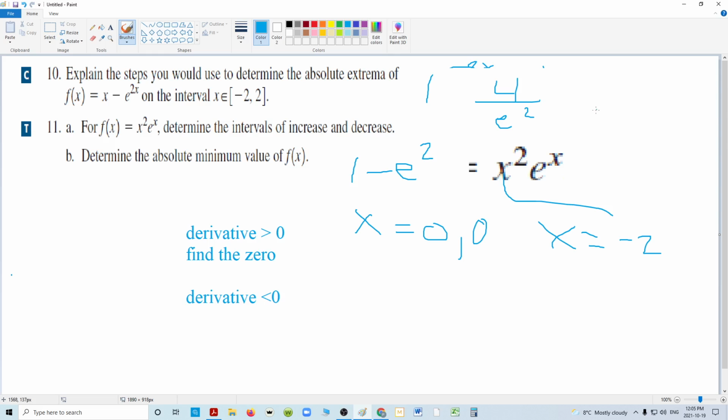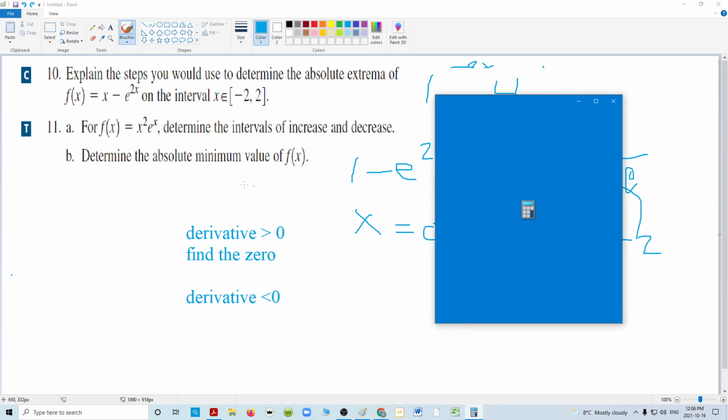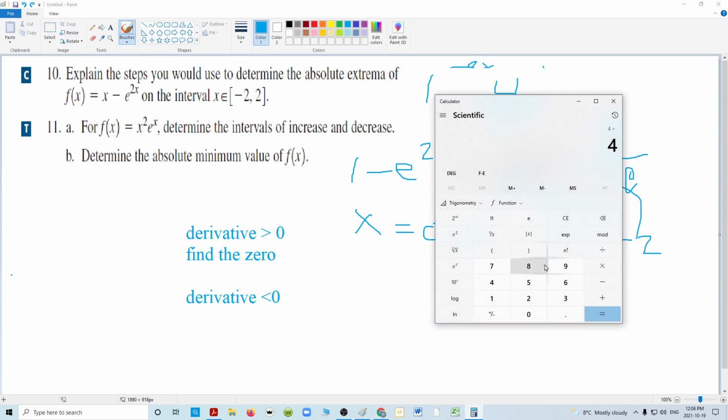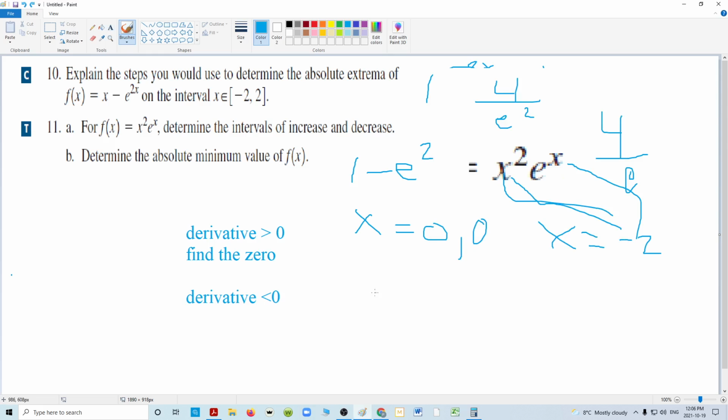How did I figure that out? I put minus 2 here. Minus 2 squared is 4. Put a minus 2 here, which is e to the minus 2, which is the same as 4 over e squared. So I'm just going to take 4 and divide it by e squared. And I get this. So my points are going to be